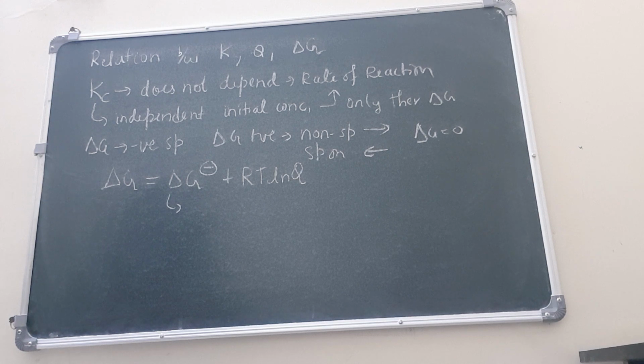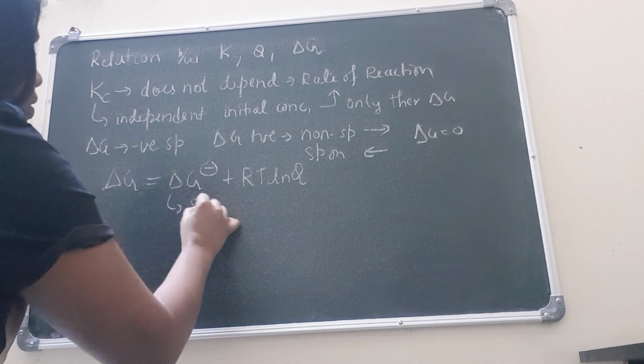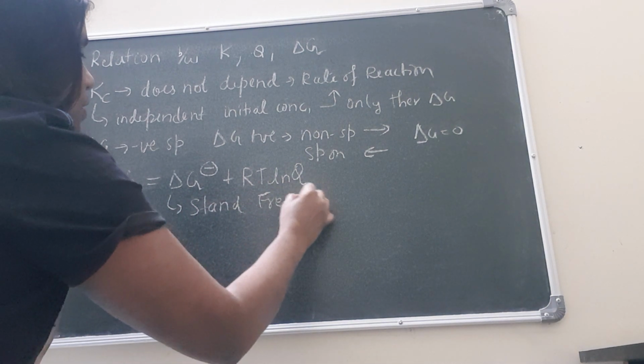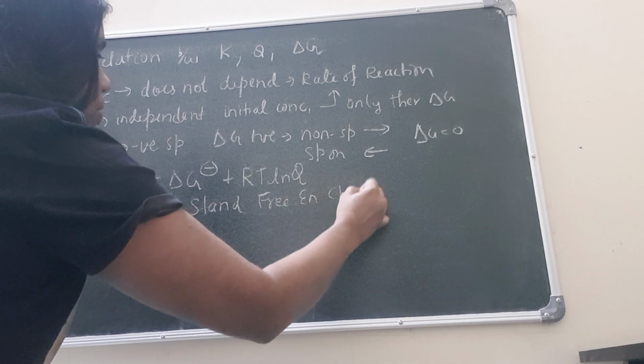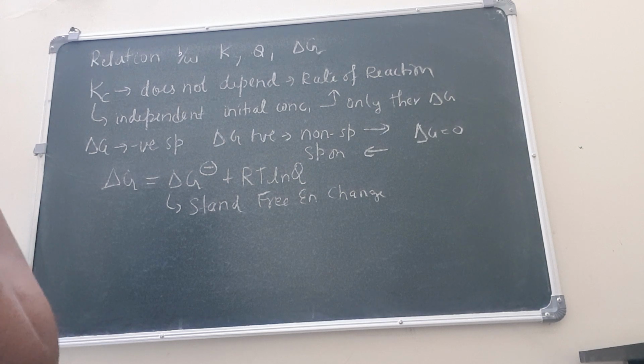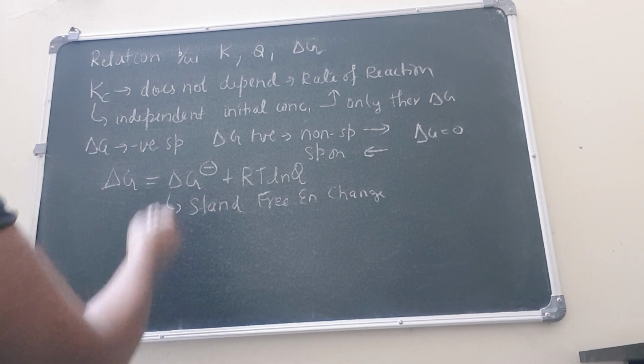What is this delta G naught? This G with a superscript naught we say, that is the standard condition. So it is the standard free energy change. That means what is standard free energy change? When the conditions are 1 bar pressure and 298 Kelvin. At this temperature and pressure, whatever is the free energy change which is happening, that is what we call